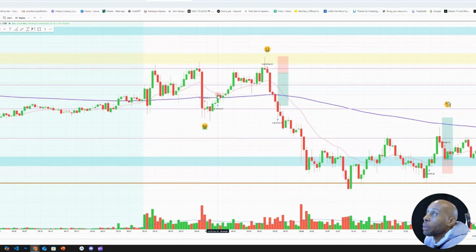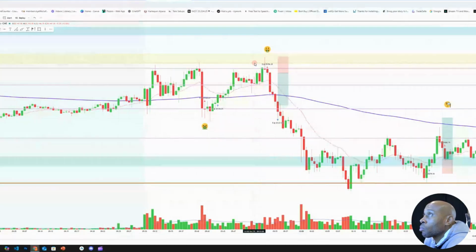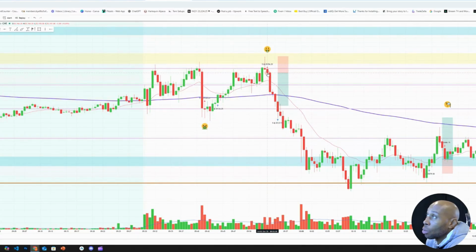I'm truly working on being patient and waiting for a really good setup. So I saw price move back upward towards the same price area, and I saw that price rejected from this yellow zone the third time. So this time I didn't hesitate. On the second bearish candle, I entered. And this is where I entered right here at